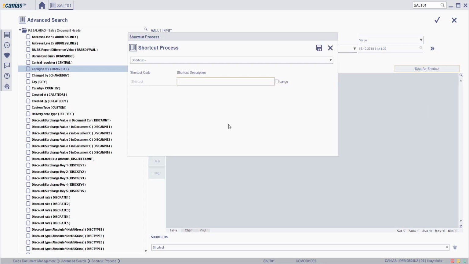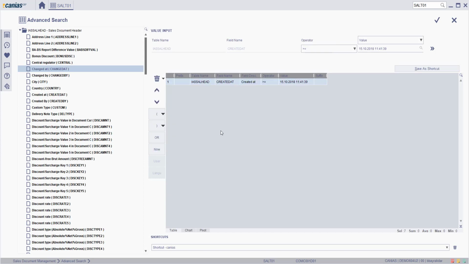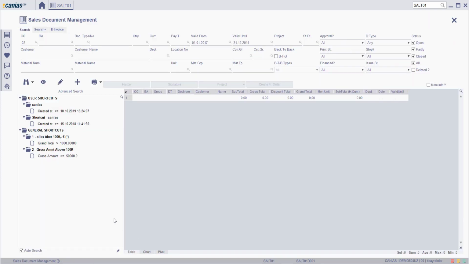You can save this as a shortcut. And click confirm. Later, the system displays the relevant data according to your customized filter.